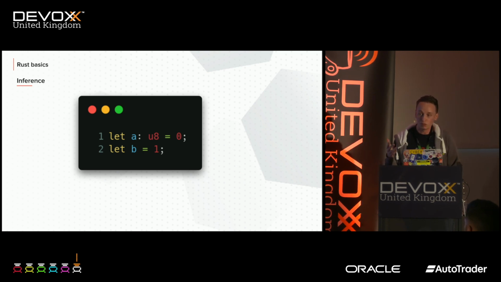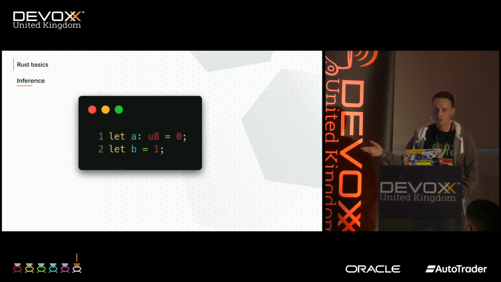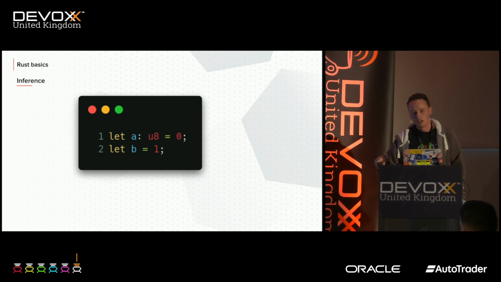However, it does go a little bit cleverer than that. It doesn't go quite as clever as things like F# that have really advanced inference, but if I define a function that expects an 8-bit signed integer and I pass B into that function, the compiler will figure out that B must be an 8-bit signed integer, and then infer that type back to its definition.